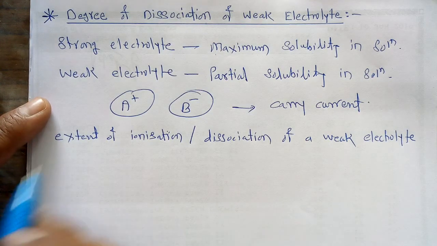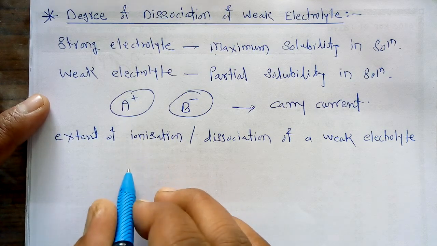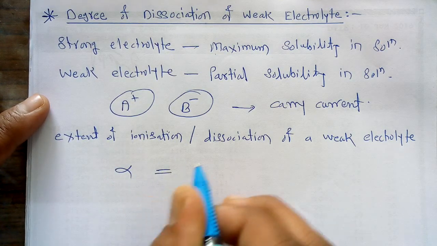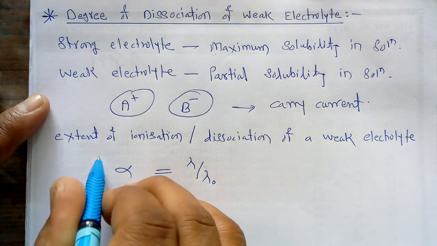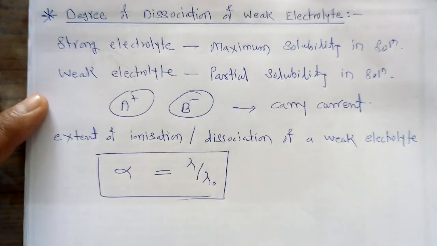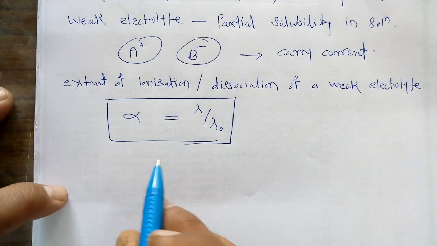This degree of dissociation can be given by one simple equation: alpha is equal to lambda divided by lambda 0,